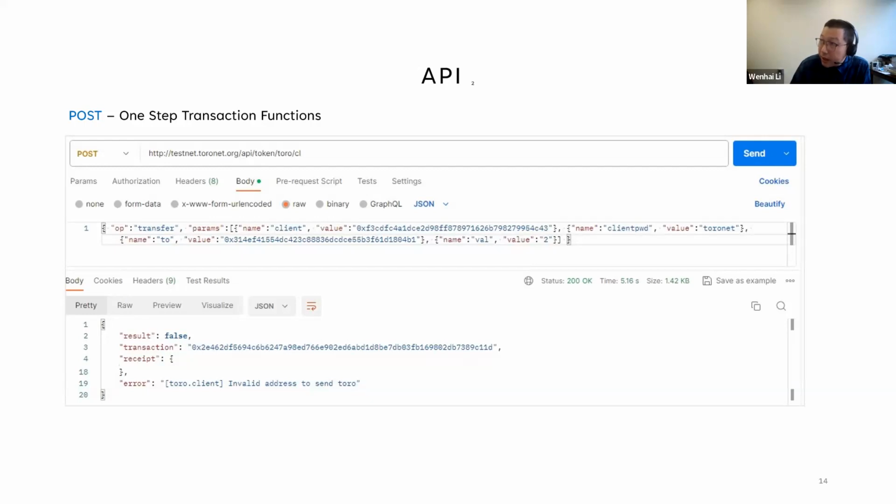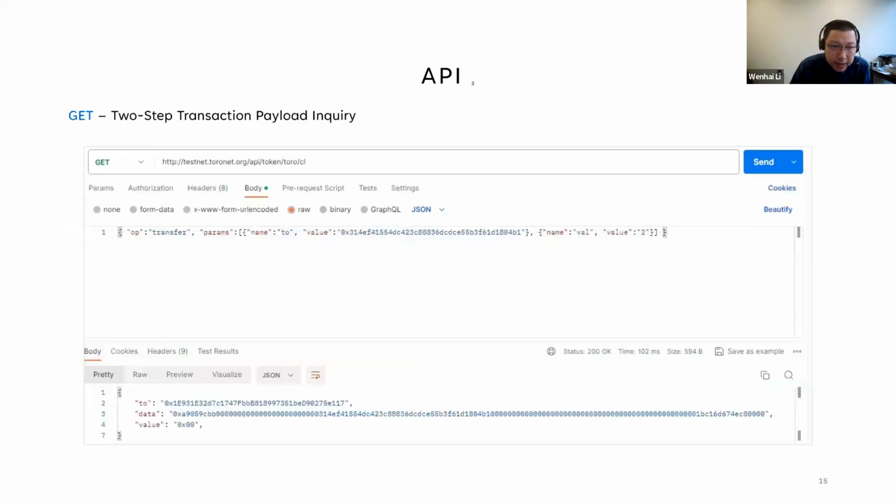So this is the one-step API. We also have the two-step APIs. What are the two-step APIs doing? This is designed for the situation where you want to hold your blockchain address file locally and sign the transaction locally, not through our server. So this needs two steps. The first step is that you're using the same